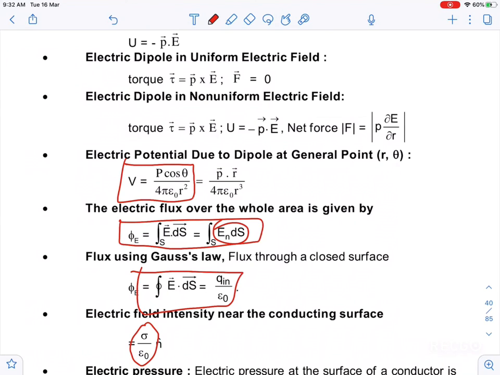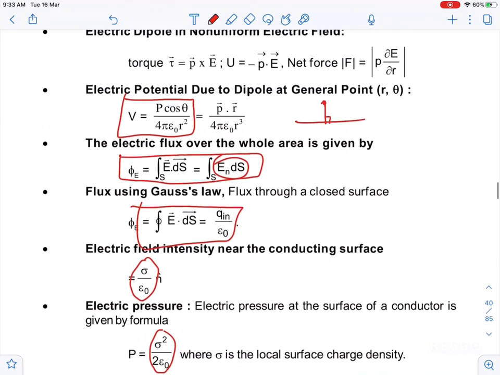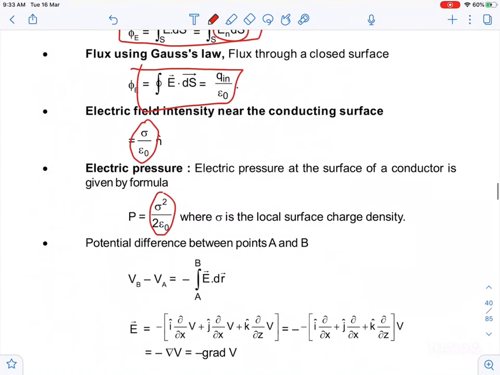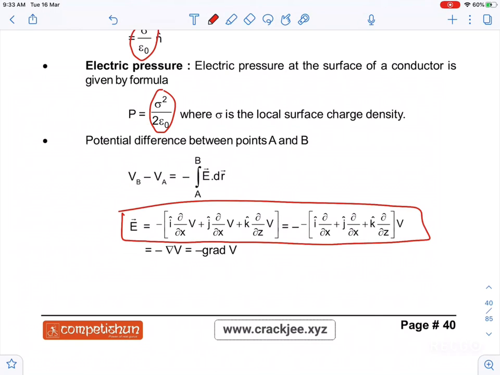Now guys, potential general formula, this you will write, potential due to dipole, P cos theta upon 4 pi epsilon naught r square. And that is why potential on equatorial point is only 0. Equatorial point means this point, because theta becomes 90 degree in an equatorial point, cos theta is 0, potential becomes 0. So axial point is this value, you should remember, P by 4 pi epsilon naught r square.